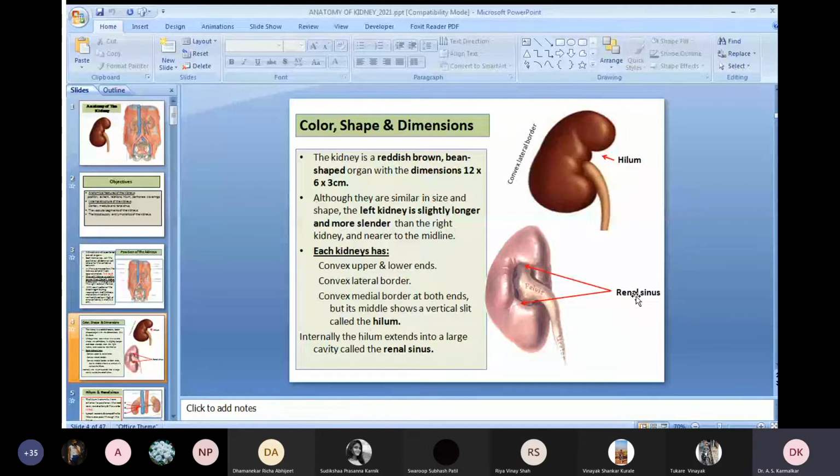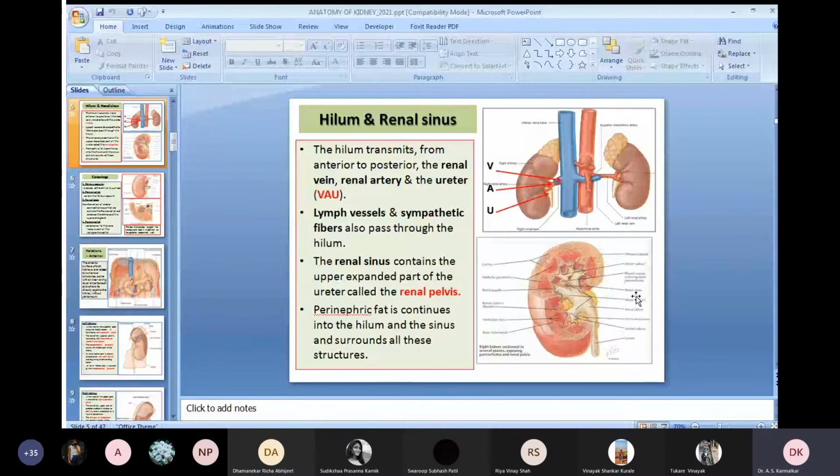Now the structures which are arranged in the hilum, that is structures which are entering into the kidney and coming out, their arrangement is a typical arrangement. You can see V, that is a vein, the renal vein, most anteriorly, shown with the arrow. A, it is a renal artery, and U, it is a ureter. So most anteriorly, it is the renal vein. Behind, it is the renal artery and the ureter. So this may be asked as an MCQ, structure arrangement in sequence. They may ask anterior to posterior. It should be V, that is vein, artery, and the ureter. There are also the lymphatics which are entering and coming out along with the nerve plexus, that is sympathetic fibers.